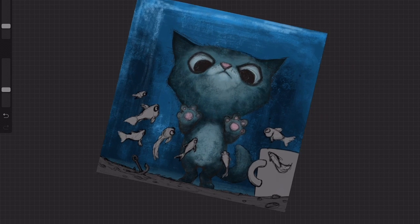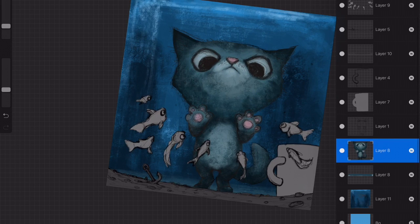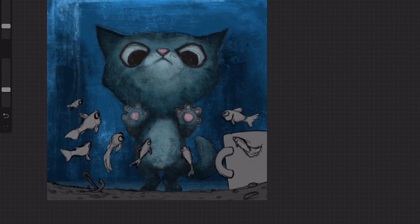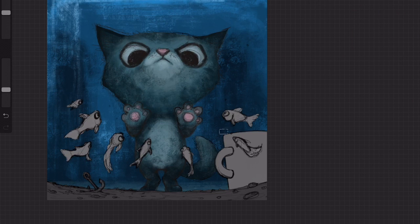Alright, let's see, what's next? Let's go through and color the whole painting very roughly like the cat that you see here. We're going to lock the layer of the mug, and grab a, what color should I make it? Let's go with more of a purple. I'm going to go over lightly once or twice, then grab that slightly lighter color and just fill in the piece. I'm going to unlock the mug,